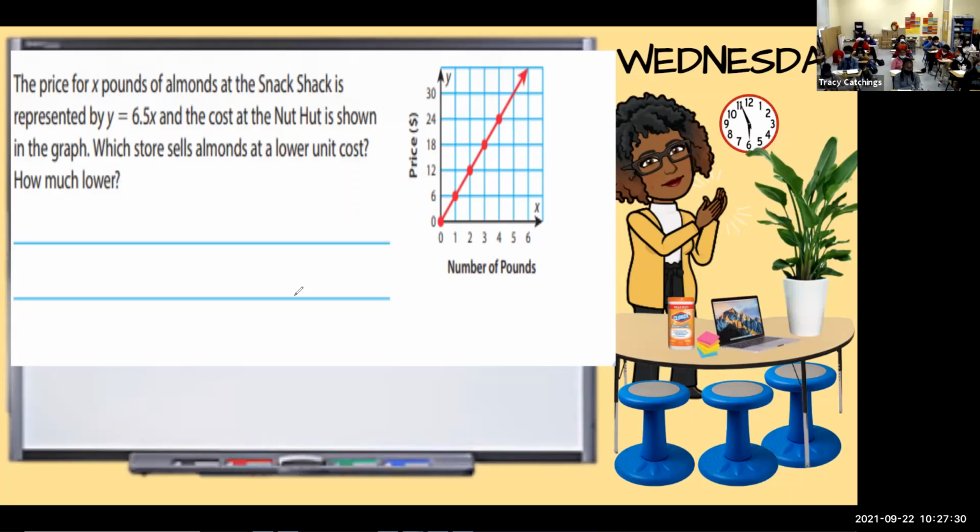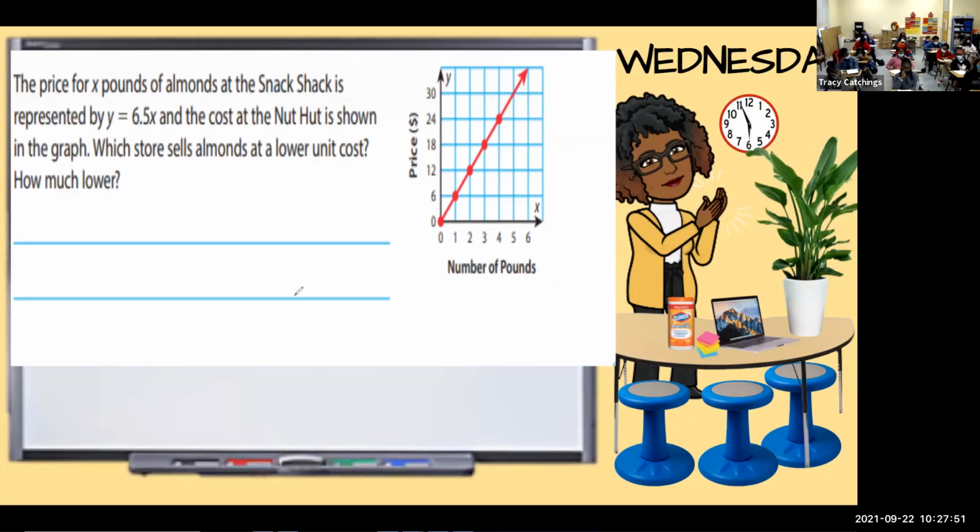Read too. The price is times all the next is represented by 1.5. And the cost of the necessary is on the graph. Which will still out of their lower the cost. With how much lower? The 4 is lower. The next,